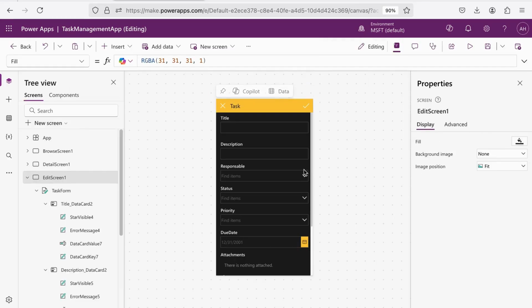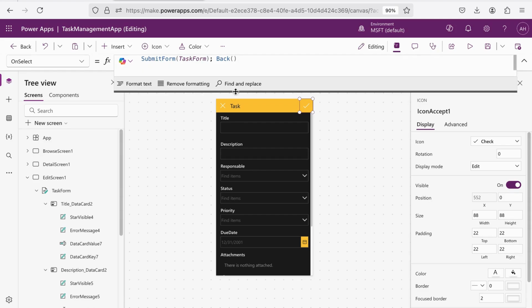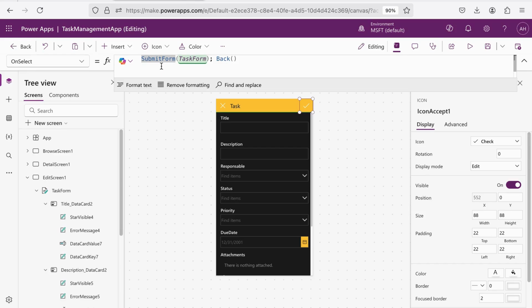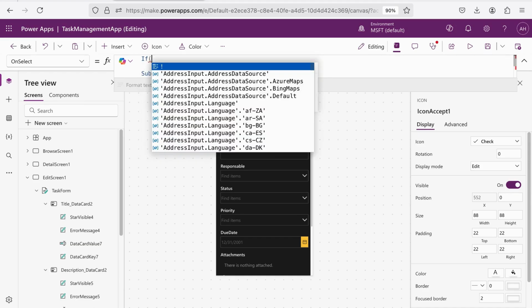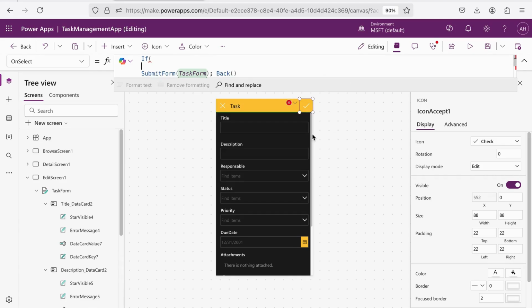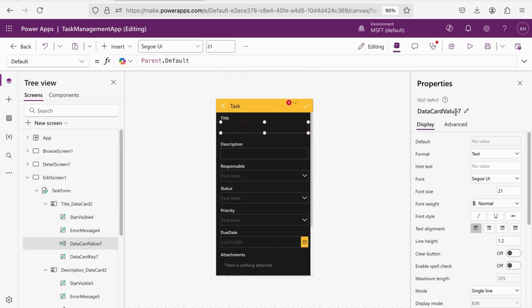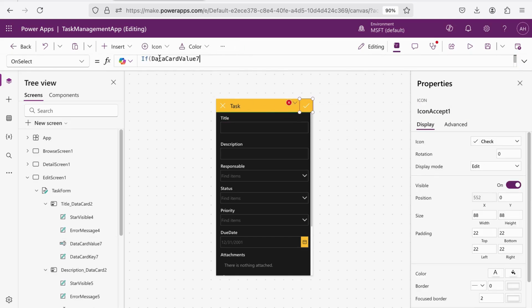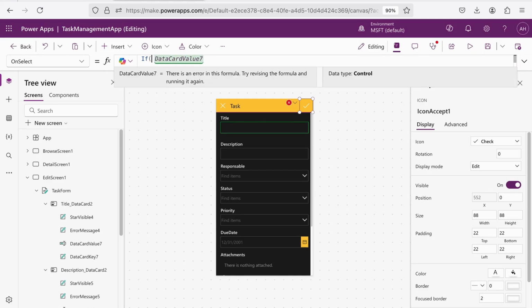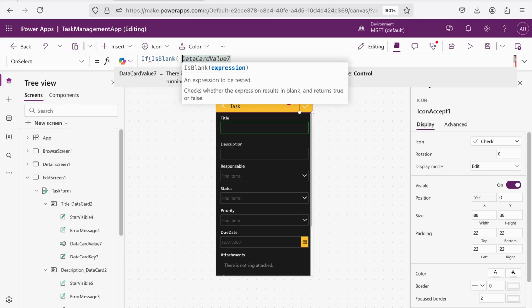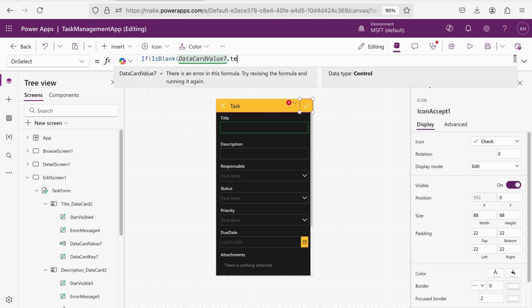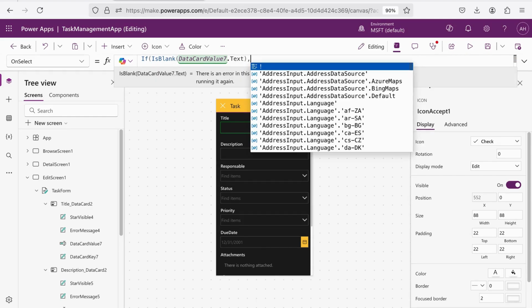Okay? So we just go over here to the submit button, and before the submit button action, let's put some conditional expression. So if this data card value over here is blank, it means there's no value. We want to warn the user, okay? So if is blank, this guy over here, so if this field is blank,